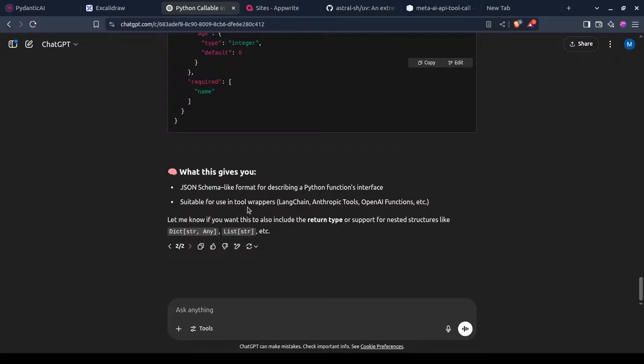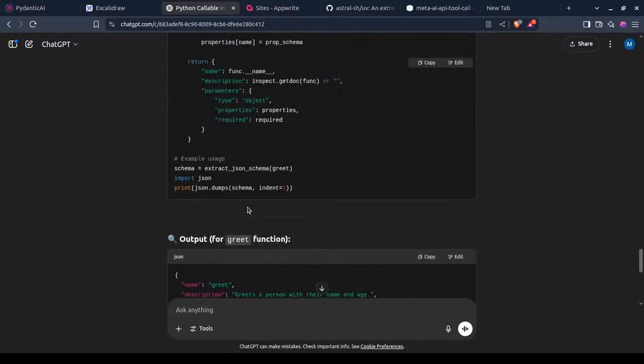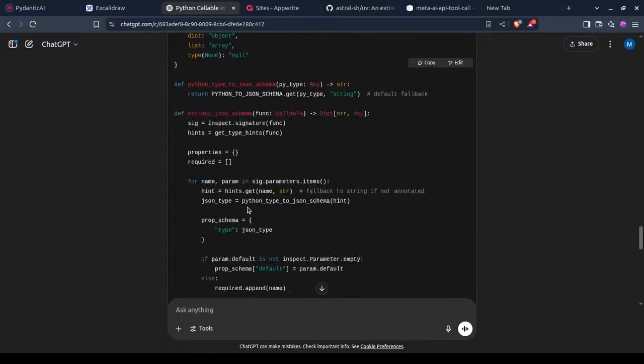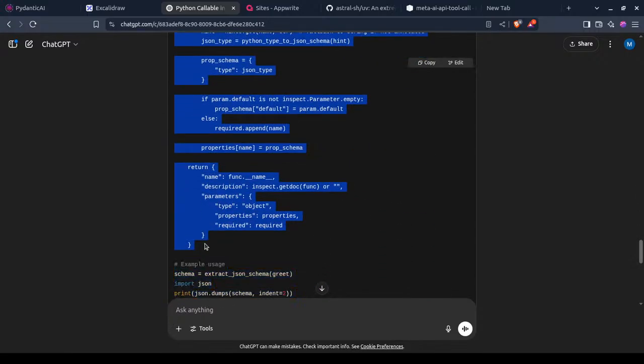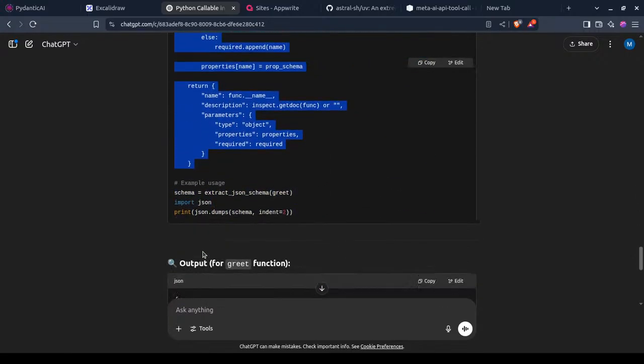Python type hints is words. Typing type. What is it? Type system in Python. Okay, I've not been familiarized with it. Yeah, it's definitely hell.